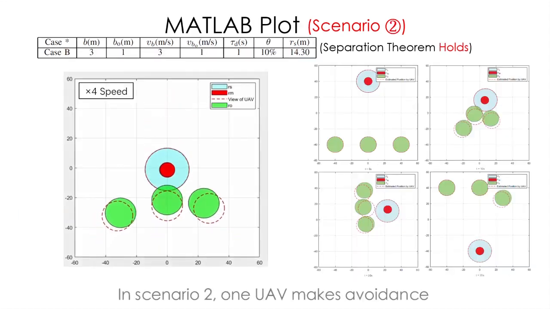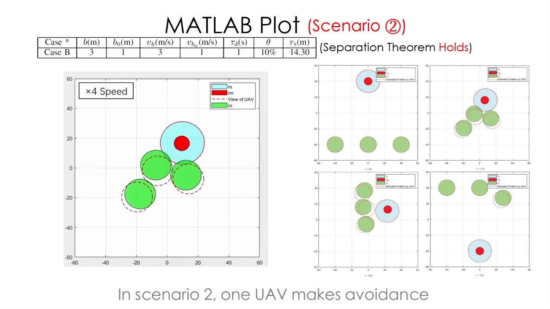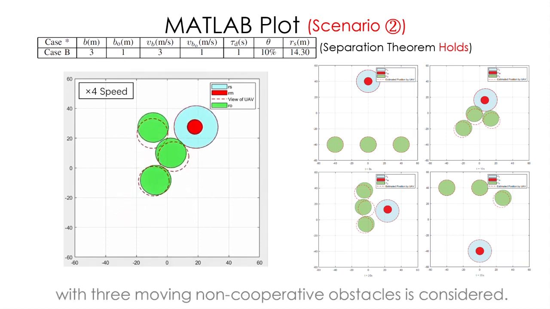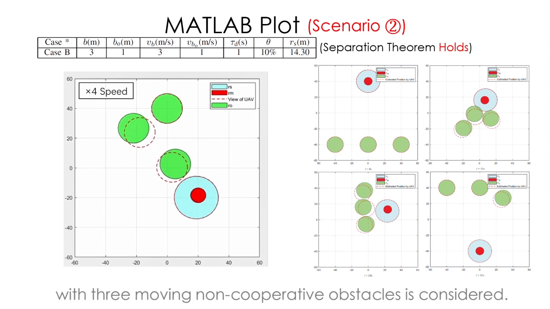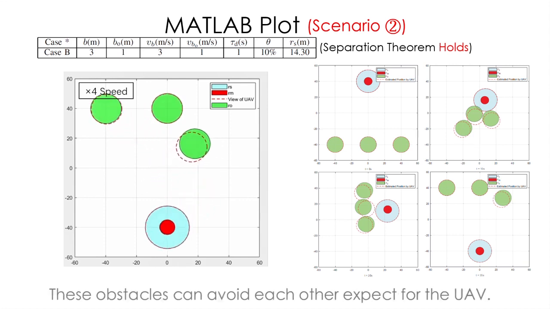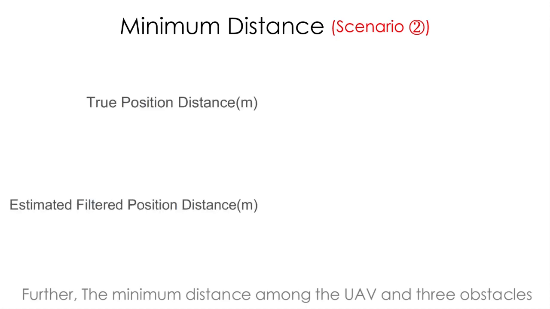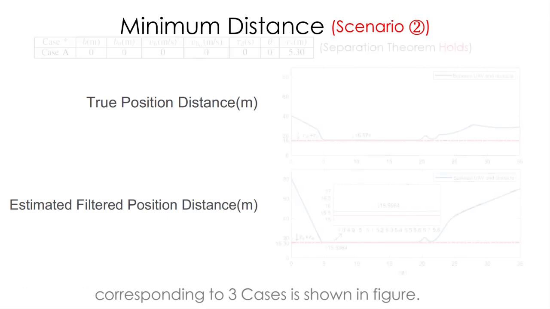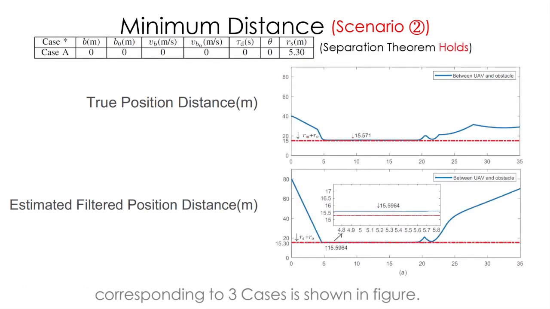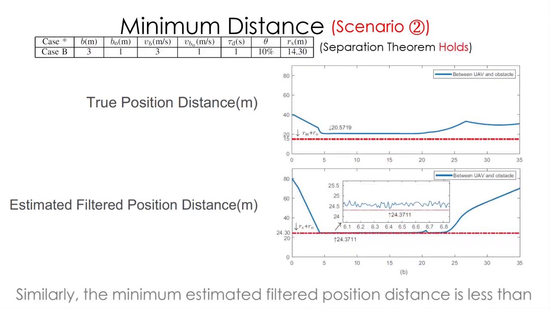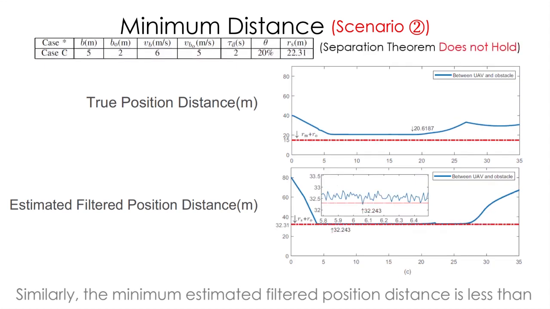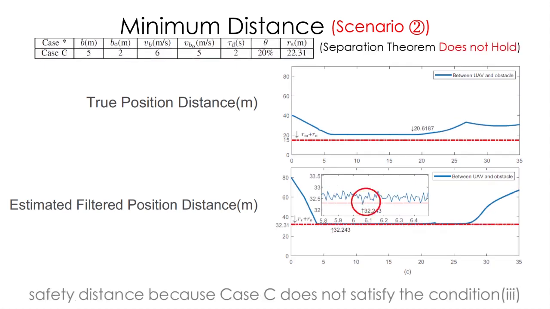In scenario 2, one UAV making avoidance with 3 moving non-cooperative obstacles is considered. These obstacles can avoid each other except for the UAV. Further, the minimum distance among the UAV and 3 obstacles corresponding to 3 cases is shown in the figure. Similarly, the minimum estimated filtered position distance is less than the safety distance because case C does not satisfy condition